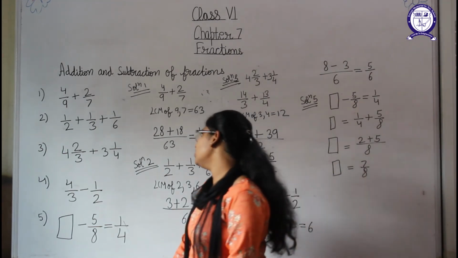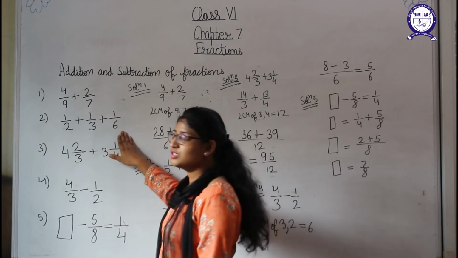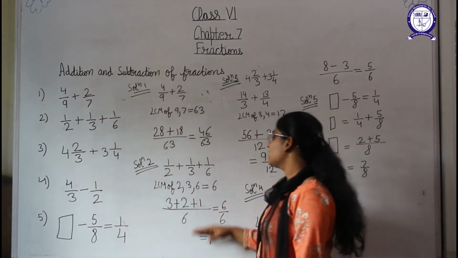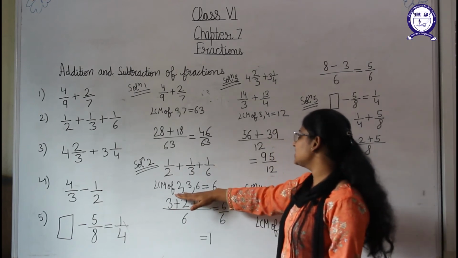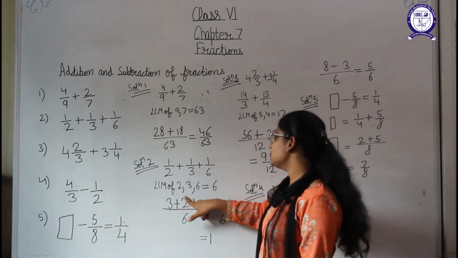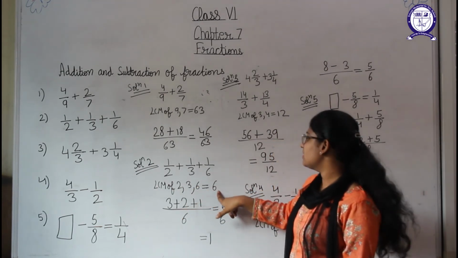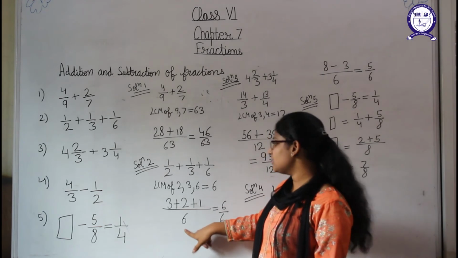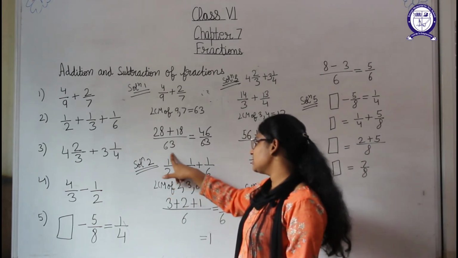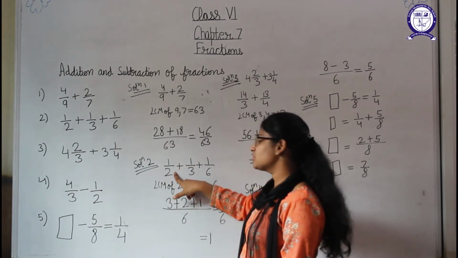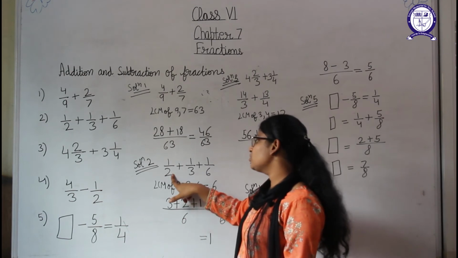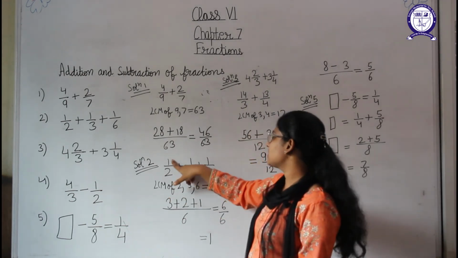Now solution 2. In this, 3 fractions are given to us, and the denominators are different. So in this case again, we will take the LCM of the denominators, which are 2, 3 and 6. The LCM of these 3 numbers is 6. We will put this LCM as the denominator, then again we will do that process. 6 divided by 2, this is the first fraction. So first we will solve according to the first. Now 6 divided by 2 is giving us 3, and 3 ones is 3.